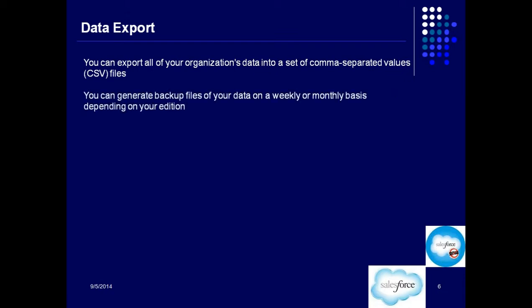You can generate backup files of your data on a weekly or monthly basis depending on your edition. Based on which edition you have, how frequently you can take the backup depends on the edition.